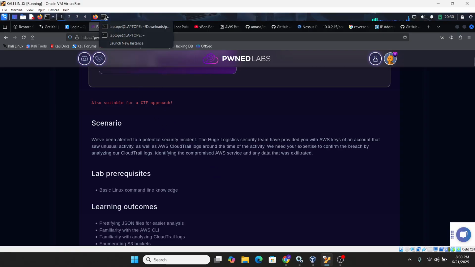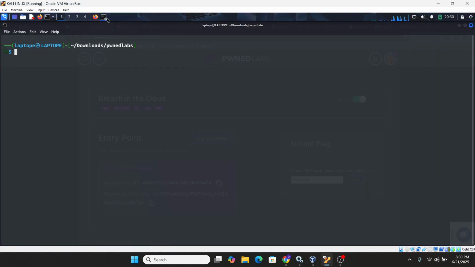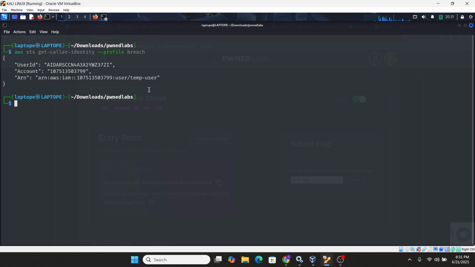So that's what we are going to look into in this lab. Let's go back to this lab. Remember, this is the credential to the AWS account that was compromised. That was why we performed an AWS configure. We've already configured that. From here we know that the user is temp user. The name of the user is temp user, as you can see here.